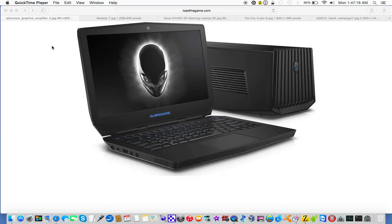So I've been watching my YouTube feeds lately, and there have been a lot of announcements regarding new gaming PCs and whatnot. Of them, this one has to be my favorite. And keep in mind, I am not a PC gamer. Okay? That's actually the reason why this is my favorite, because this Alienware 13, aside from the sharp angles, looks